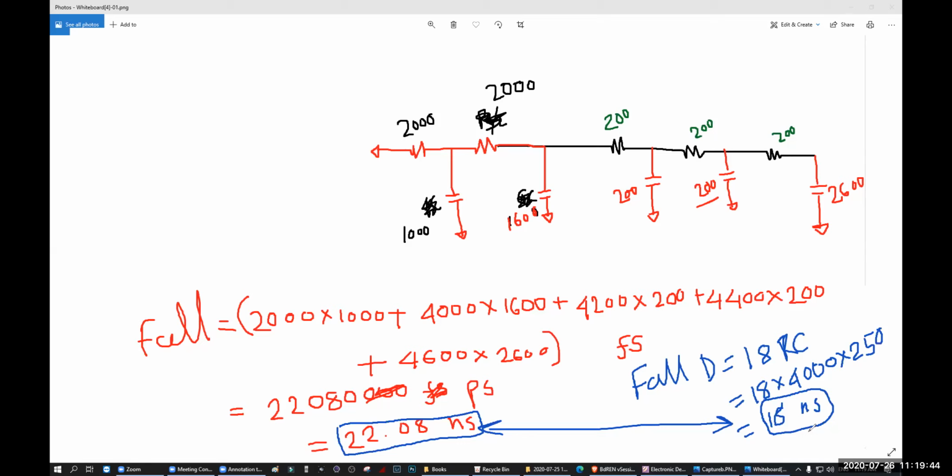Think about 1,000 gates or 1 lakh gate, or 1 million gate. So what will happen? 4 nanosecond into 1 million, lots of error, divided by 1,000, millisecond. That means a 4-second delay. You will have a 4-second delay from your expected result to your actual result if you have 1 million gates.